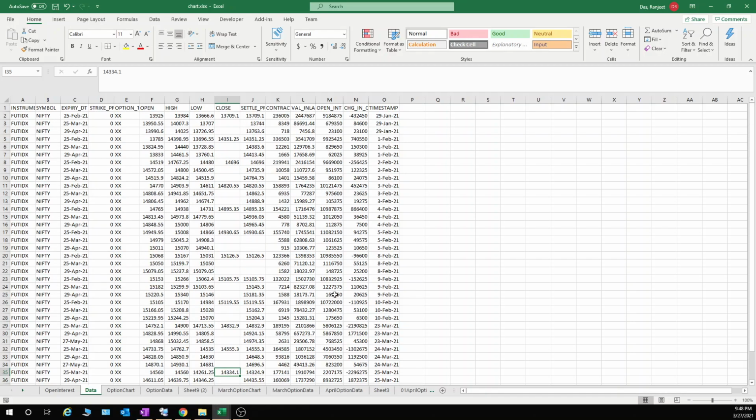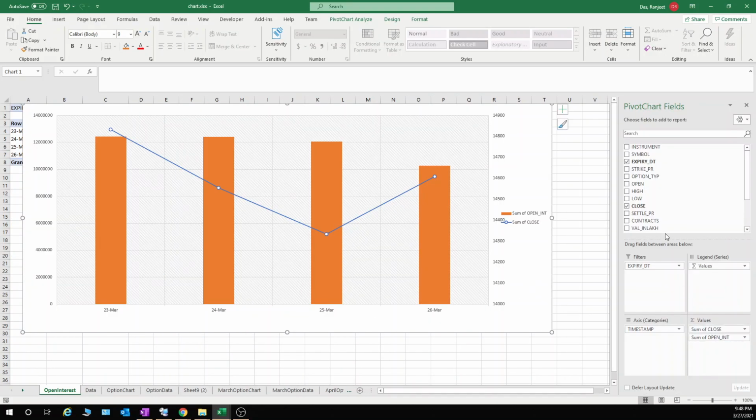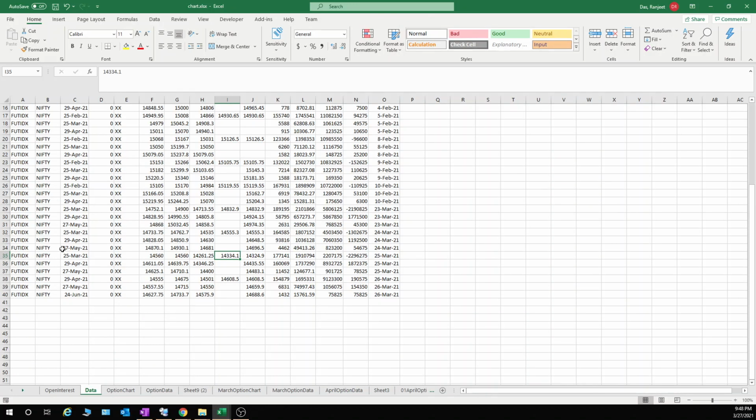And the open interest you can keep for all, so that you can calculate the cumulative open interest. You have to select all this, the close price should come under the value section, then the axis timestamp, all these things you have to select. Then you can check the graph. What the graph is telling from 23 March to 26 March: 23 March is the cumulative open interest of the 25th March, 29 March, 29 April and 27 May expiry.